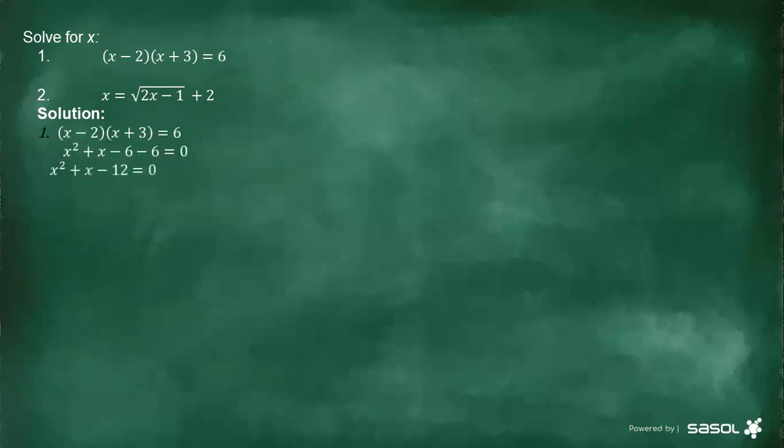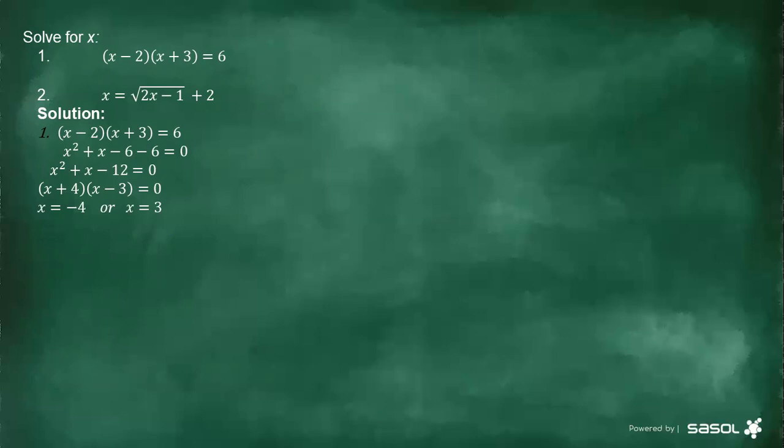And then from there, you now have a standard form, which is x squared plus x minus 12 equals to 0. You then factorize it. After you have factorized it, you solve the value of x. x equals to negative 4 or x equals to 3. Number